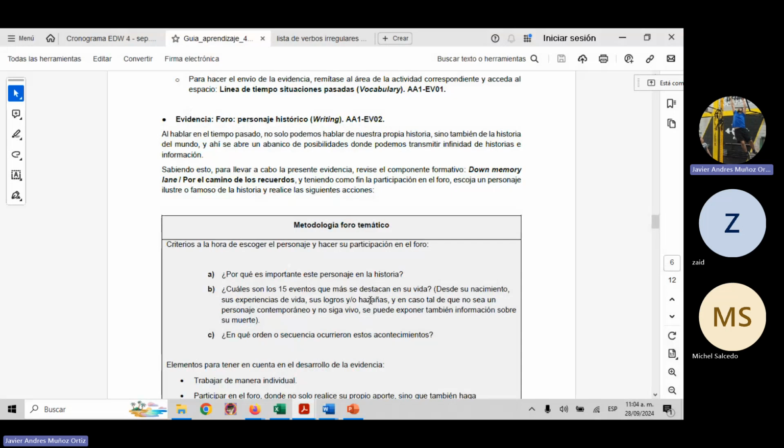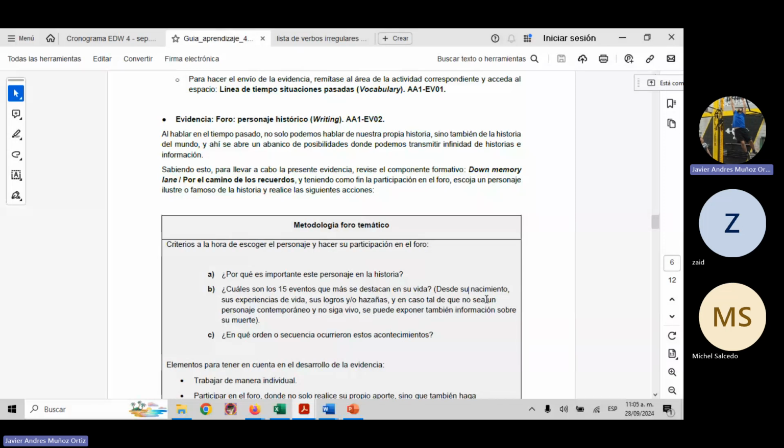According to the learning guide, we're going to present 15 events of this person, this woman or this man, because it can be a woman or a man, doesn't matter. It could be a life, or maybe he or she has already died. I don't know when. But the idea is for us to type, to participate in the forums in Sayuna, telling who this person is and why this person is important in life, or why he or she was important, because might be dead, and